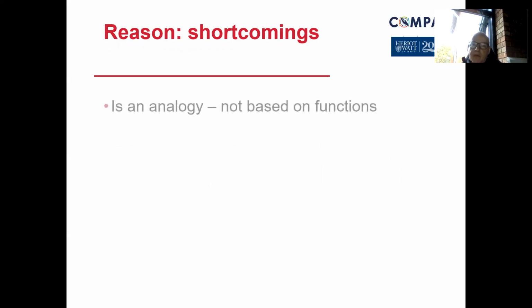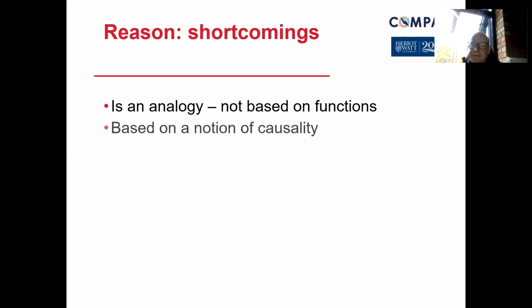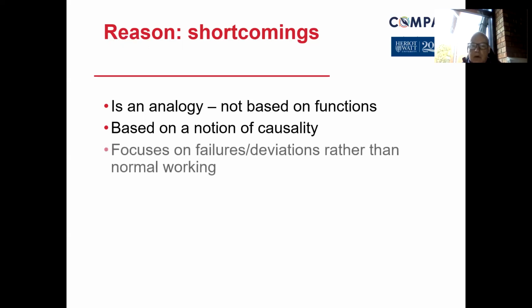Reason identified that there are shortcomings with this, because at the end of the day, it's an analogy, and therefore it's not based on functions. And from that, it means that there's some feelings, should we say, it's a bit vague, and I'll go with my gut instinct rather than the function specifying and being measured that says it can't go wrong. It's based on the notion of causality. So, that has its limitations, because if you don't identify all the causal factors, then you could have missed an opportunity, and it still has the potential for things to go wrong.